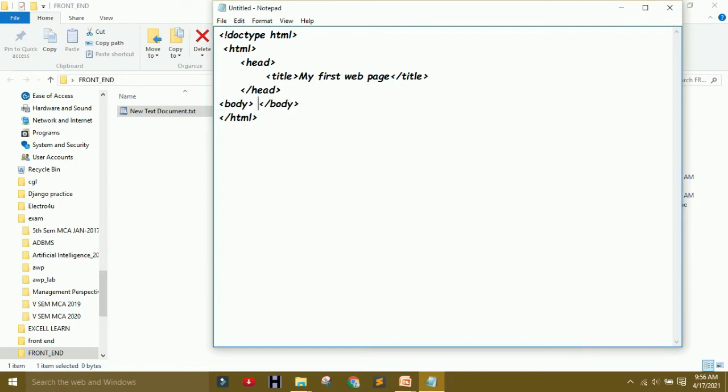Tags have open braces and close braces, and why I use tab, this is called indent, a basic feature of HTML. If you don't make indent, then you won't understand further how I use HTML, and it becomes a hodgepodge. So I use an H1 here. H1 in the sense makes the heading bigger. That is my first web page.